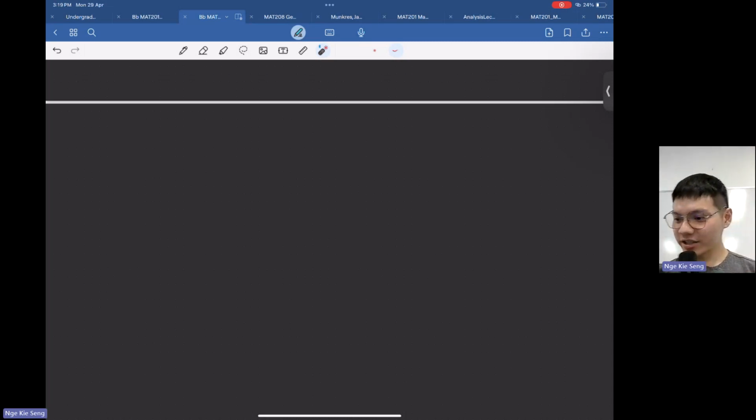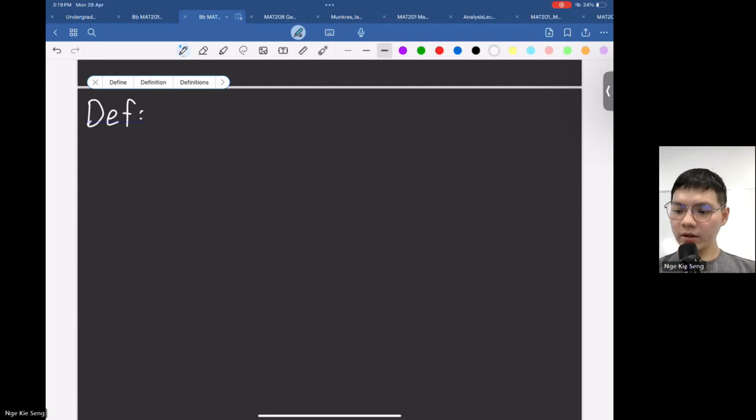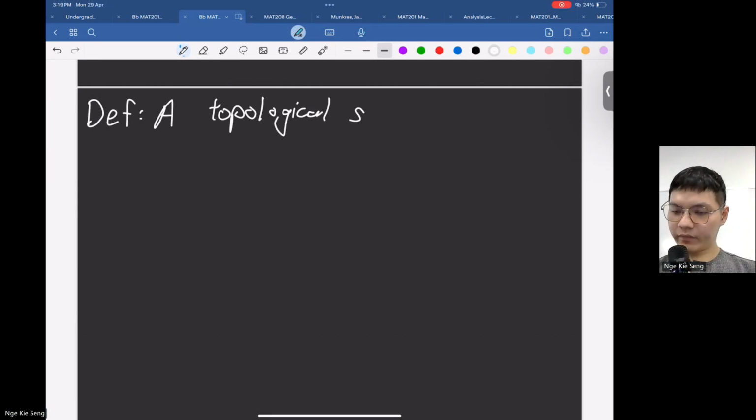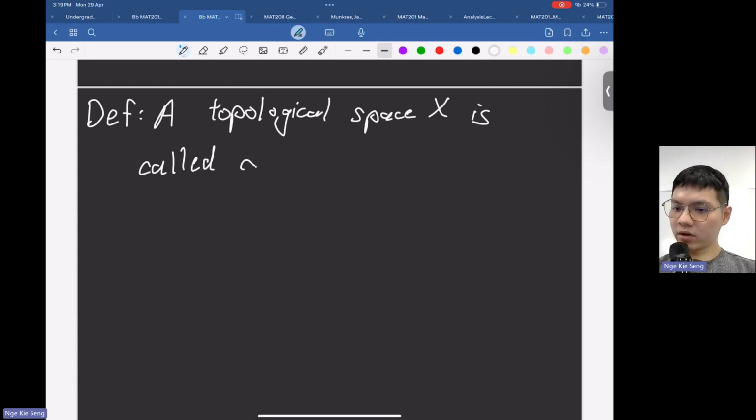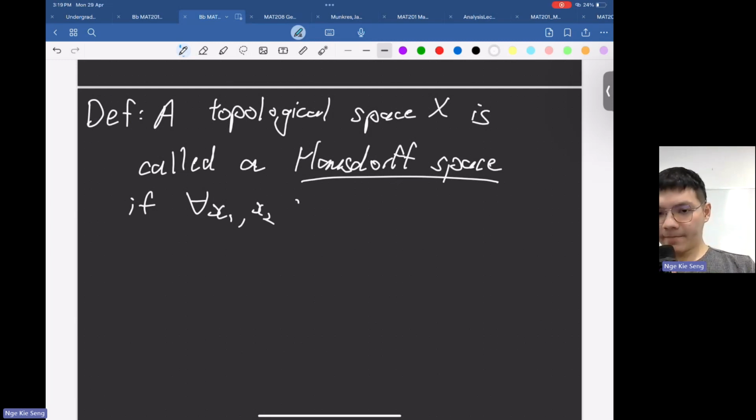Just asking. Okay, so let's start a definition of Hausdorff and then maybe next motivate it. So a topological space X is called a Hausdorff space if for every pair x1, x2 in X, there exist